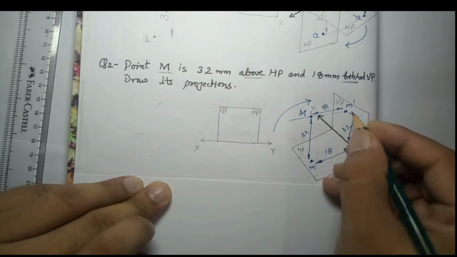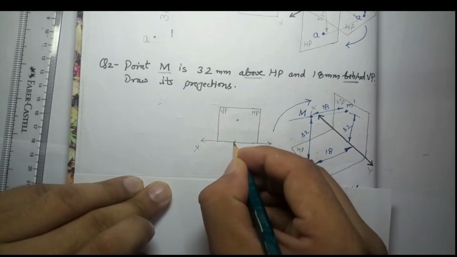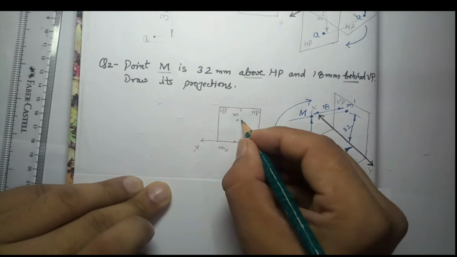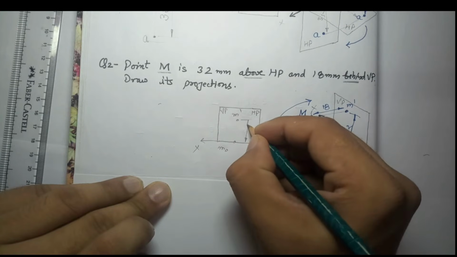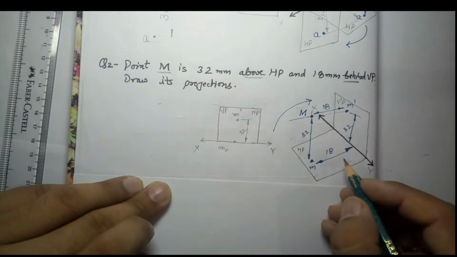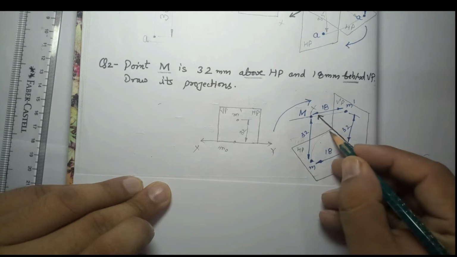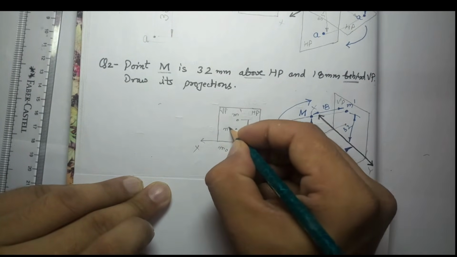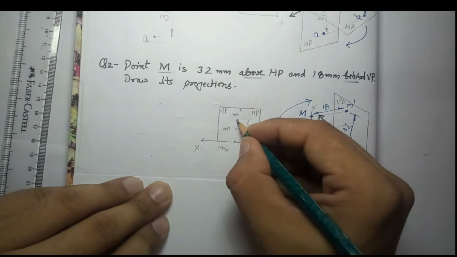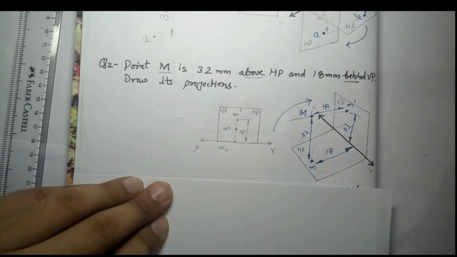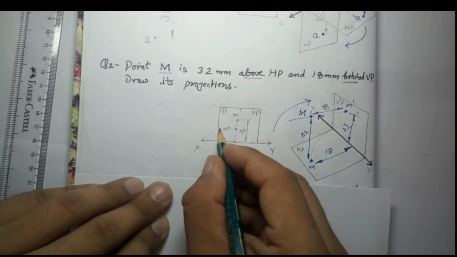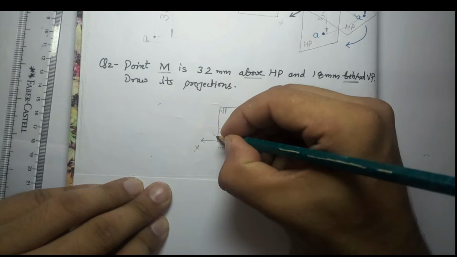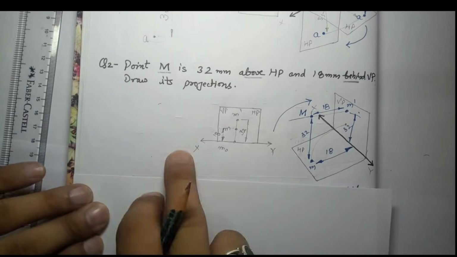So a point M is there. If I take a start point M node, M dash is there at 32 gap. So this is at a gap of 32, and 18 will also go here. This 18, it will go like this. So 18 is here, M. And if I draw the projection line, it is just the imaginary line which is joining front view and top view. Now this gap, as we know, is how much? 18 mm, right? So how to make this on sheet?